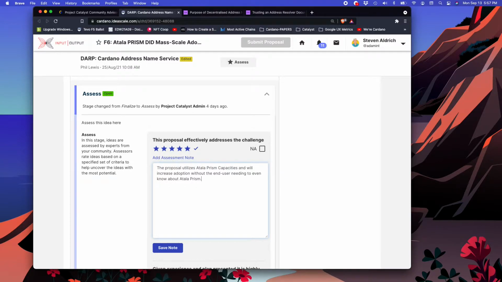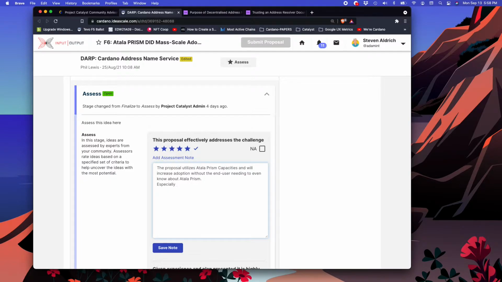Okay, and why am I saying this? Because if we're actually doing all this stuff on the back end and we're utilizing parts of Atala Prism through some sort of interface where we're just saying, hey, okay, identify the name and all of that, and it all gets written into the documents in the back end, written to the chain, then the person doesn't have to know anything about that Atala Prism is being used here. So will it increase adoption? You betcha. Where this really takes on some wheels is in the developer community,